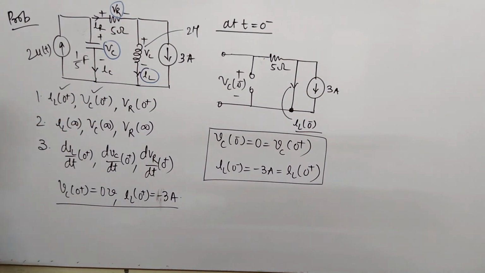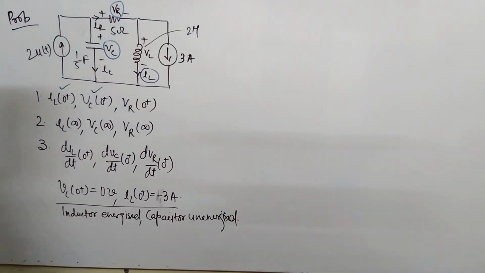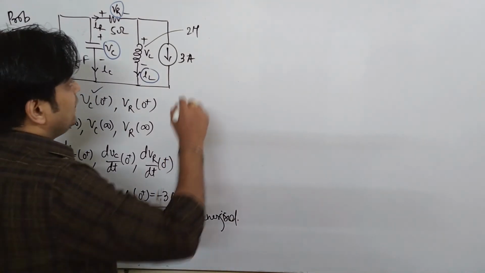So with the help of the initial conditions, we identify that the capacitor is unenergized and the inductor is energized by a current of minus 3 ampere. Now,